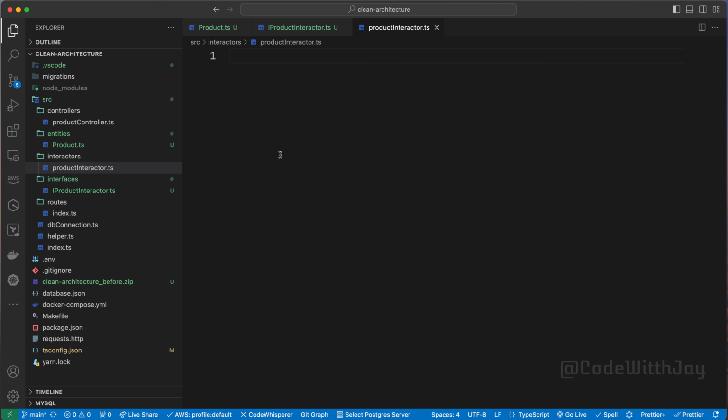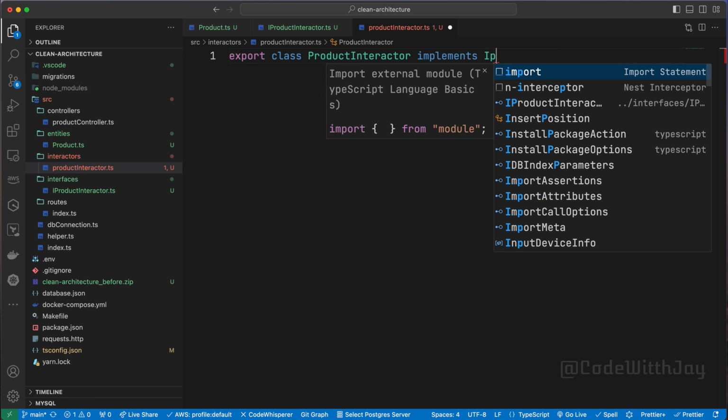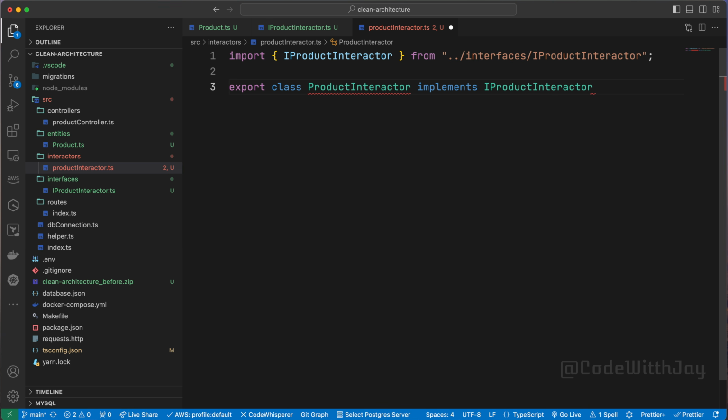.ts, and let's try to add some code here. Export class ProductInteractor, and here this is going to be like implements. We need to implement that interface also, which is the ProductInteractor interface we have created, right? So it is complaining because we have not implemented the interface methods,